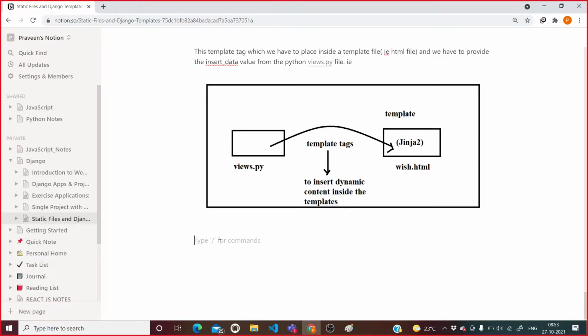So here we will say: creating an application to send date and time from the views.py file to the template file.